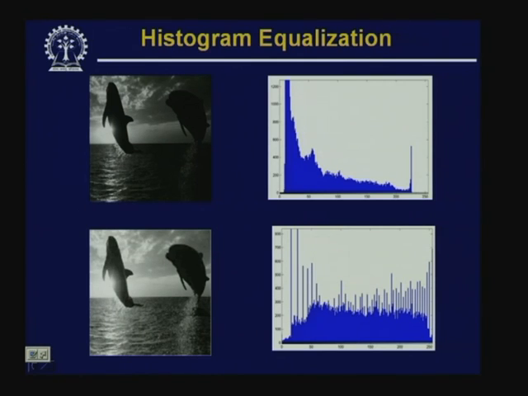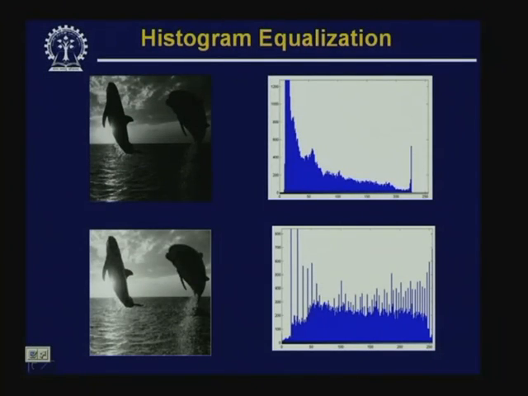However, this is near to uniform. So, that theoretical derivation which shows us that the intensity distribution will be uniform is a theoretical one. In practical cases, in discrete situations, in most of the cases we do not get a uniform probability distribution, a uniform intensity distribution. The reason being that